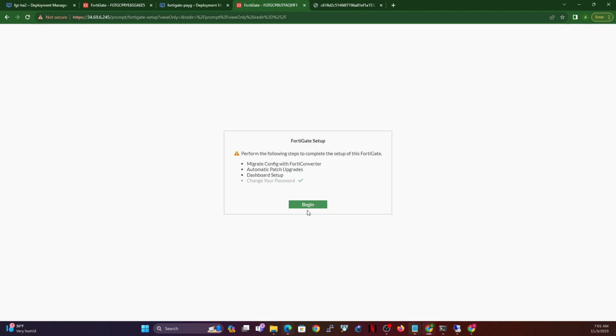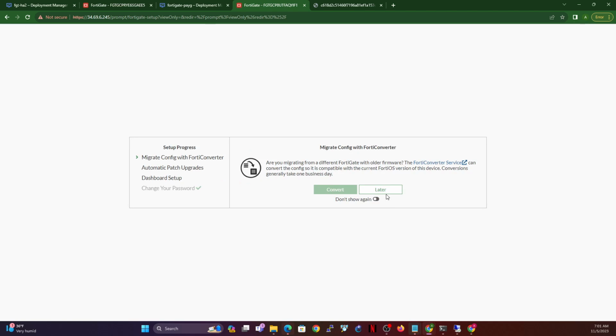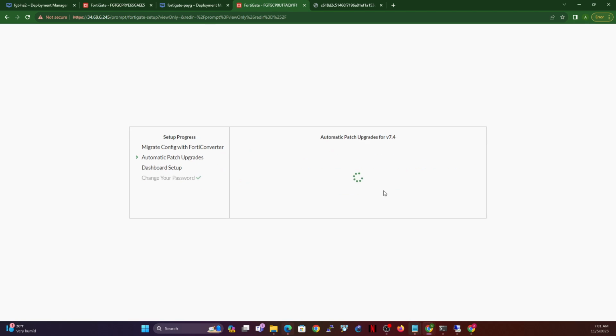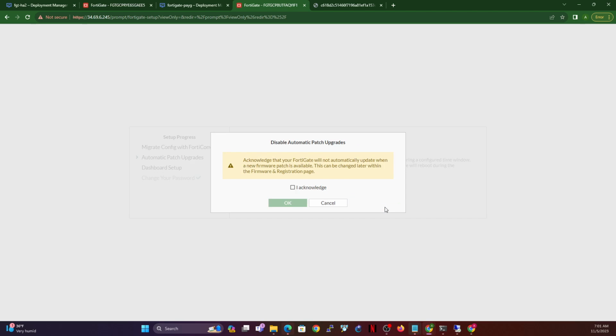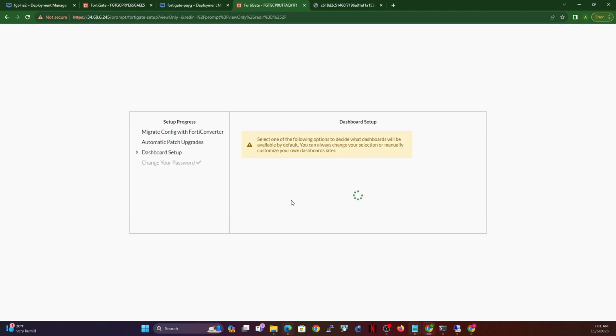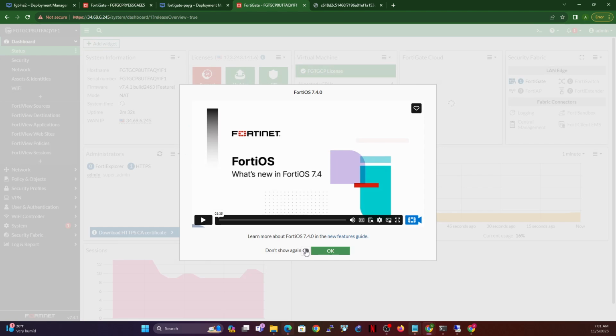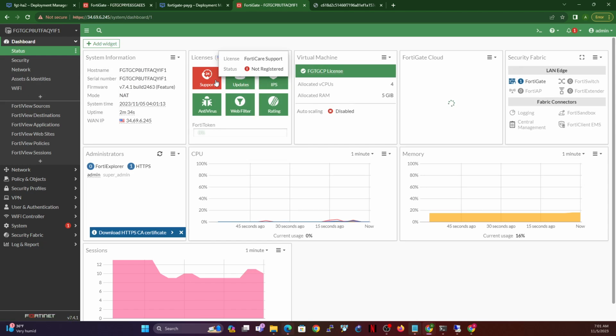and repeat the same steps we just did earlier. Click begin. I don't want to see this again. Click later. I don't want automatic update. I'm sure. And then I want optimal dashboard. Then I don't want to see this again, and that's what we do. So these are very straightforward steps. So with this, we are able to